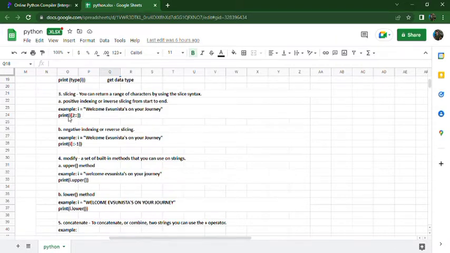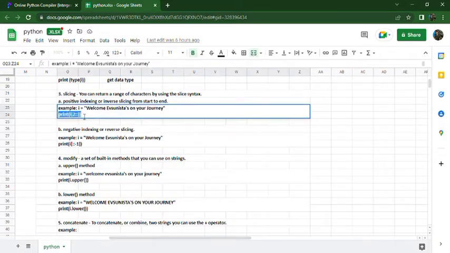As we have noticed here, we have the variable i placed in a square bracket with the 2 and the double colon. The double colon here means the beginning and the end of the string. To make it easier,